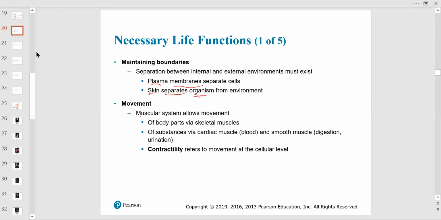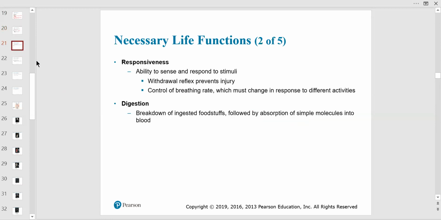So movement, we'll talk about a lot of muscular system components and joints, which are called articulations. For locomotion, and a lot can go wrong there. Again, we don't have a lot of time to talk about pathophysiology because there's so much normal physiology you need to learn. We hear this term contractility when it comes to muscles. So remember, muscles, again, not the smartest tissue. All they do is shorten to contract, but they do a lot of work and they need a lot of metabolism. And they really have to function properly, especially the heart muscle. But we're going to talk mostly about skeletal muscle.